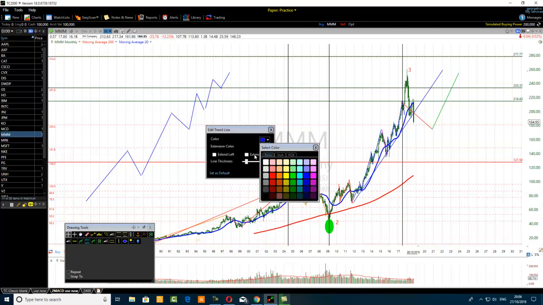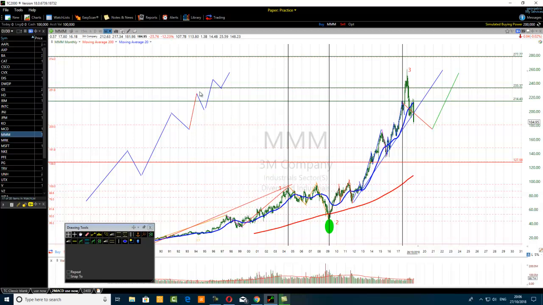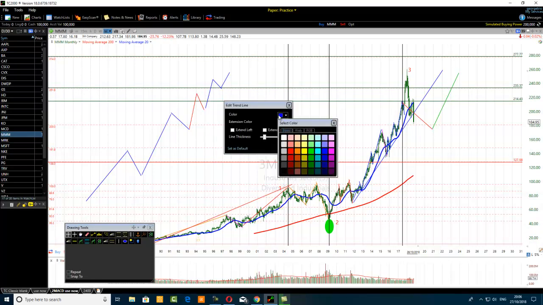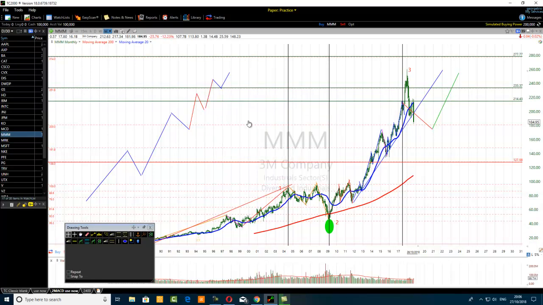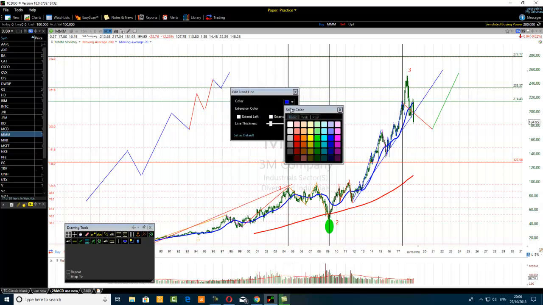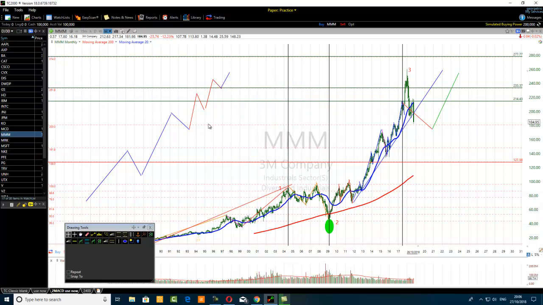A lot of traders already understand this, but allow me to go through this for new traders. If you are a new trader, you may fast forward the video, so it's up to you. But I'm doing this for new traders so they may understand clearly what is the fifth wave extension of the fifth wave itself. So the fifth wave has been extended. Fifth wave itself has been extended. So this is the fifth wave. It has been extended, which is a complex fifth wave.